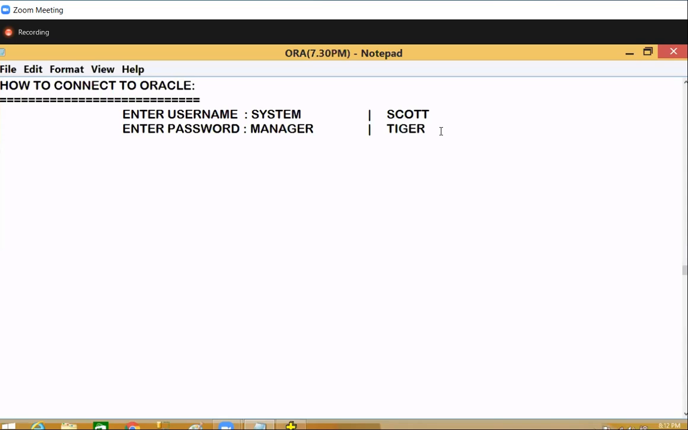Their passwords are default, given by the Oracle Corporation people. We have not created them; they are inbuilt. These usernames and passwords come to us, and we are not doing anything. After connecting to system or Scott, any user you can use, no problem. Later, suppose I want to view